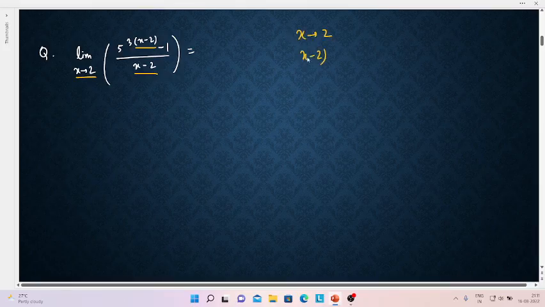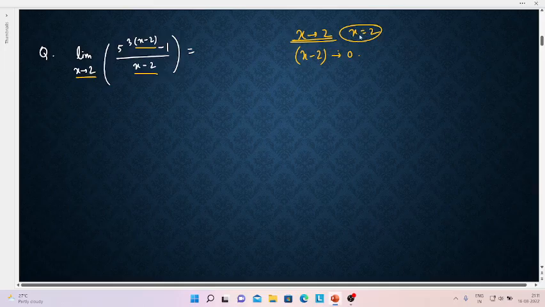x minus 2? I have already discussed with you that x minus 2 will tend to 0, because we have to think of this particular thing as x equals to 2. So if x equals to 2, then what will be the value of x minus 2? X minus 2 is nothing but 0. So let's replace that equals to with tending to. Then x minus 2 is tending towards 0, right? So that particular limit can be written as limit x minus 2 tending to 0,